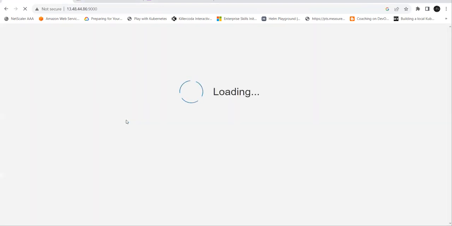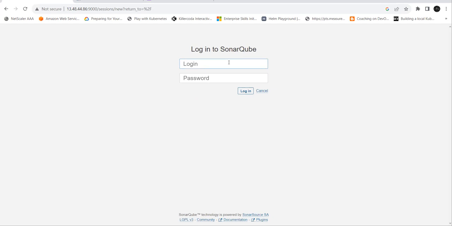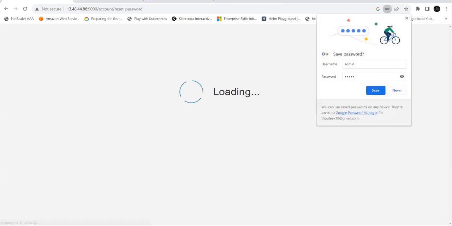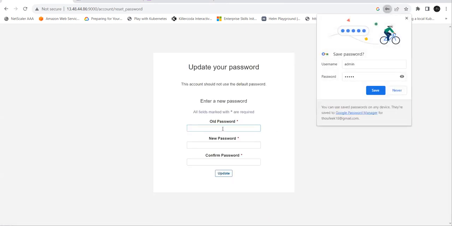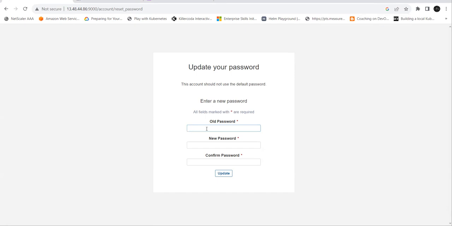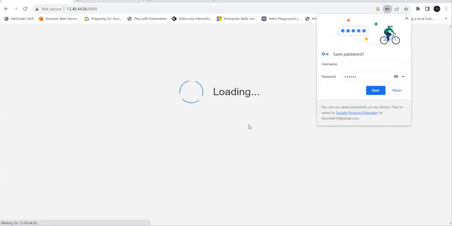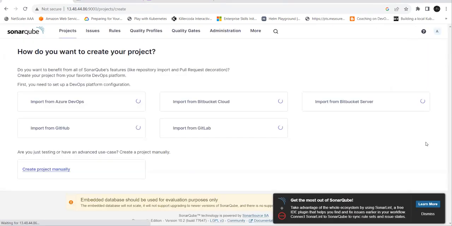Yeah, this is our SonarQube dashboard. We are first entering the SonarQube user interface. By default, the username and password is admin. And after that, we need to change the default password, and update. So this is our